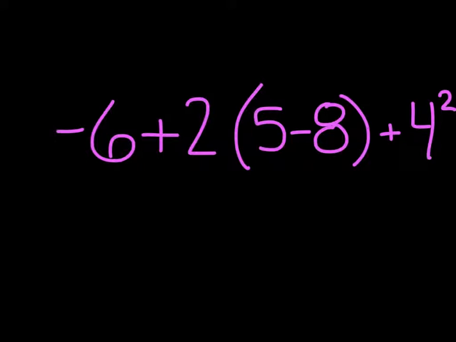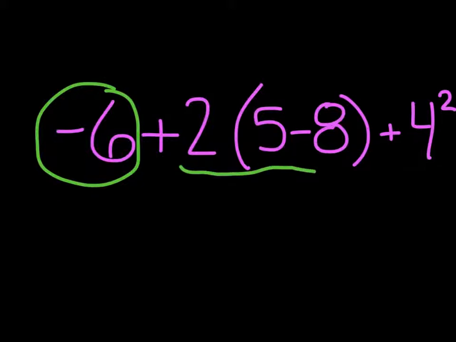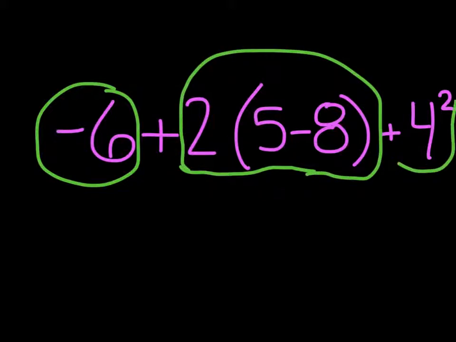All right, I have a parentheses here, so when I circle my terms, I'm going to circle the negative 6, and then I don't stop at this minus because it's in the parentheses there. So all of this would be one term, and then 4 squared is one term. So when I go through here,